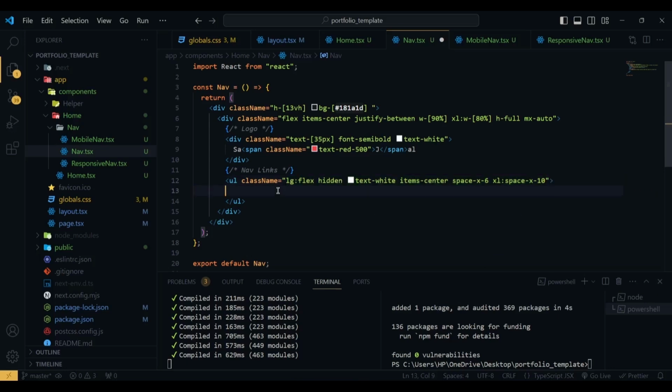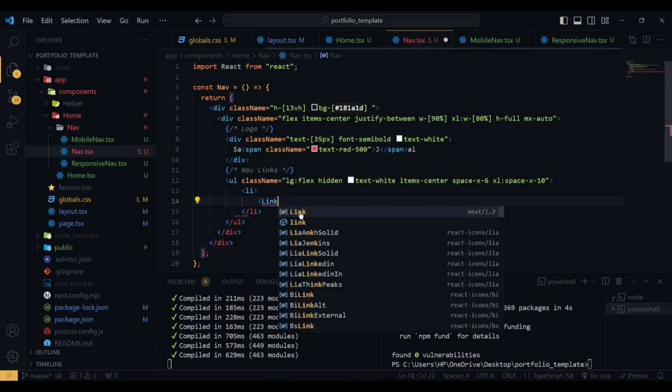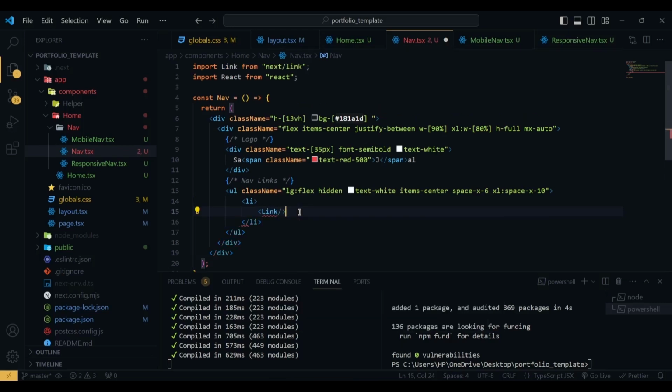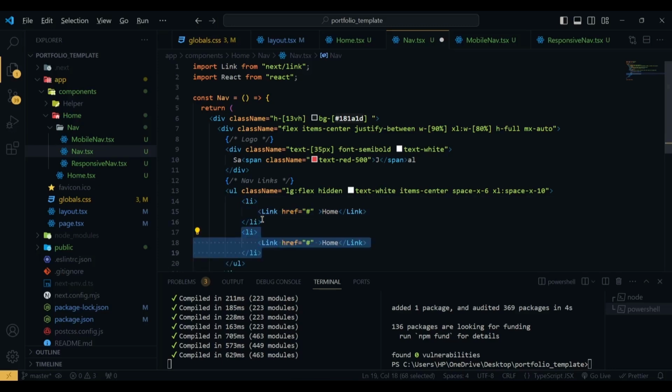And inside this UL we have an li, and inside this li we have a link component which is coming from next link. So here we are going to use the link. For the link, here we have a href. For this we are going to use the hash, so it's not self closing. So here we have home. We have 5 more, so I'm going to copy this,